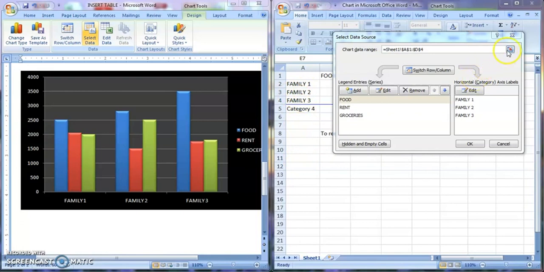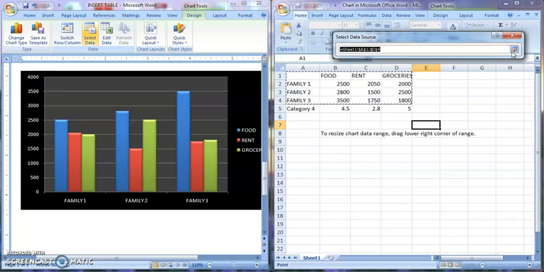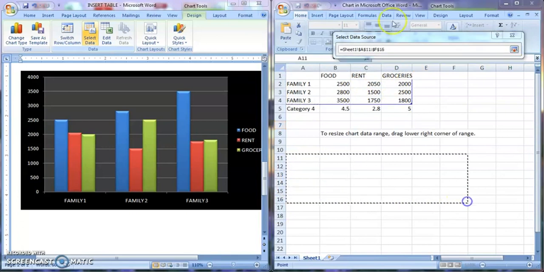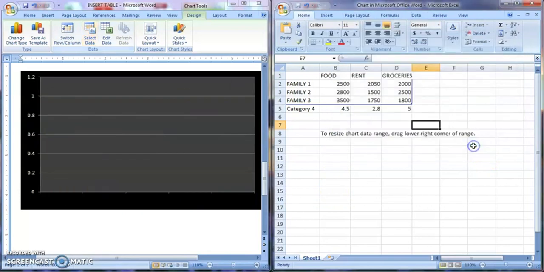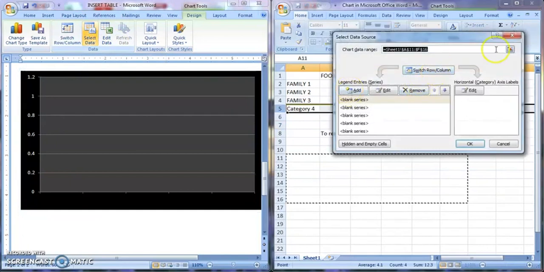What I have to do, here you can see a small sheet icon, just press that. Okay, now it is showing this is the data. But if my data is over here, I have to select this range. See here, now this is my data source, but there is no data here. If I select this and give OK, as there is no data, this is how the chart will look.